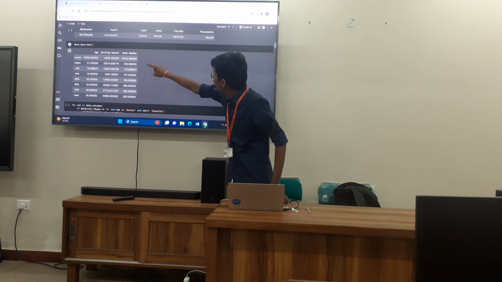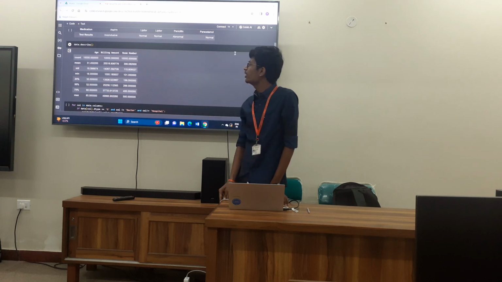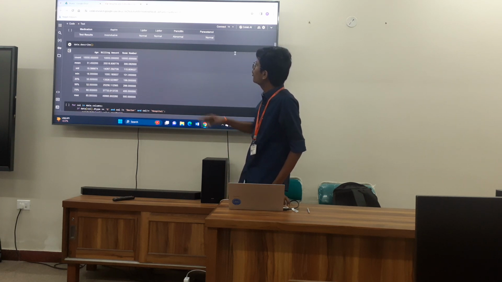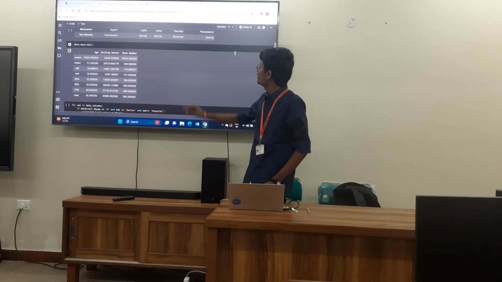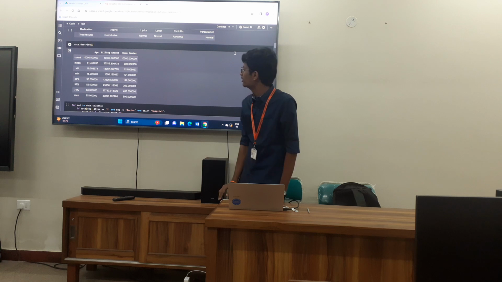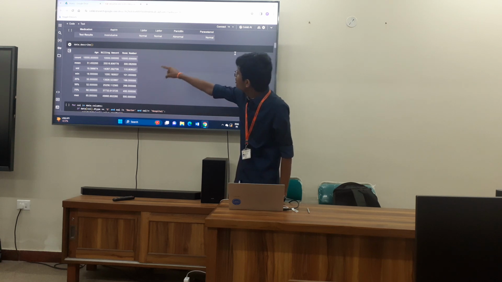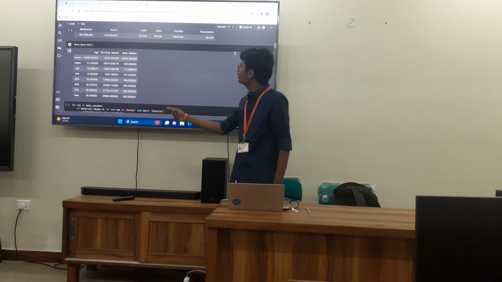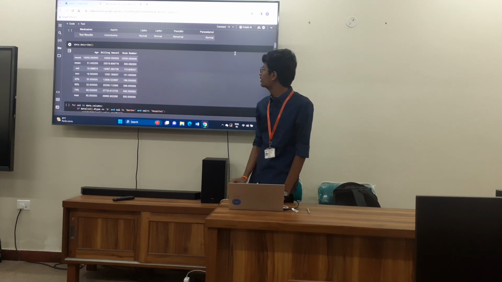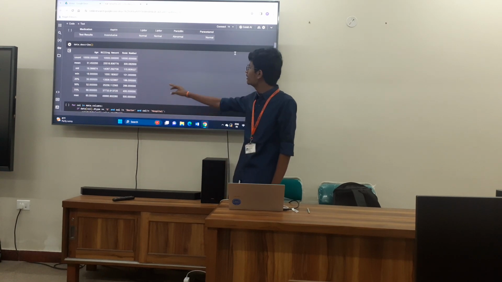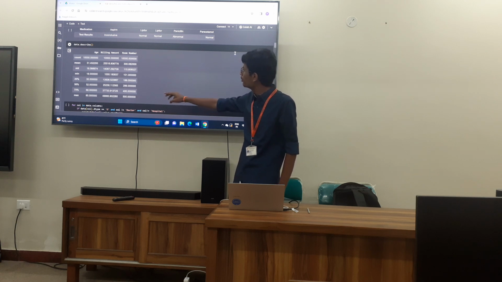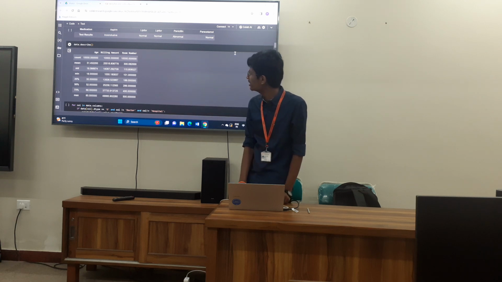The mean of age is around 51.45 years, whereas the billing amount mean is 25,516 rupees, and the room number mean is 300. The minimum age is 18, and the minimum billing amount is 1000. The maximum age in the data set is 85, and the maximum billing amount is 49,995.